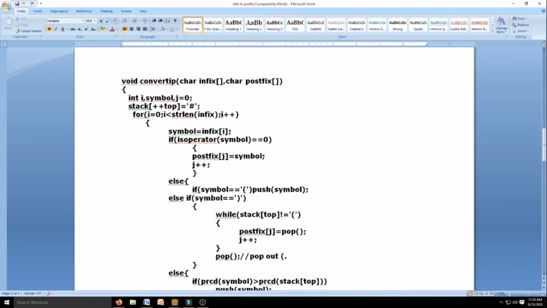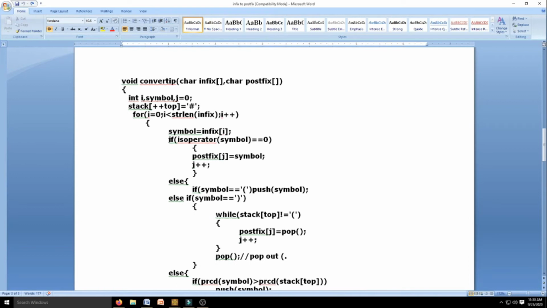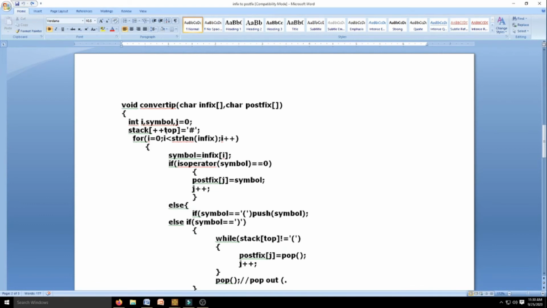Now I will have a stack, which is a global variable. You can see from this that stack is basically a global variable with the size 20. Initially top is equal to -1. So when you increase this, it will become 0. It means stack of 0th position. I am now inserting a base called the hash symbol, which has a precedence of 1, as shown over here. We will see how this works. Okay, so I am now at this base level of the stack, and I am storing the hash symbol.